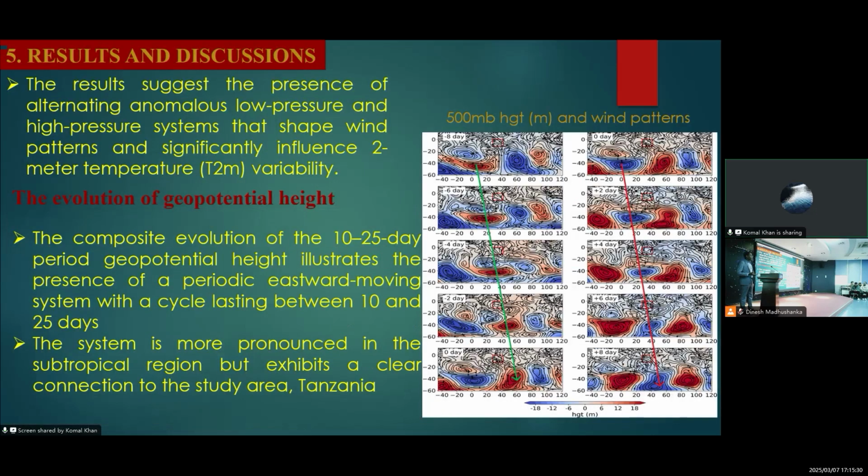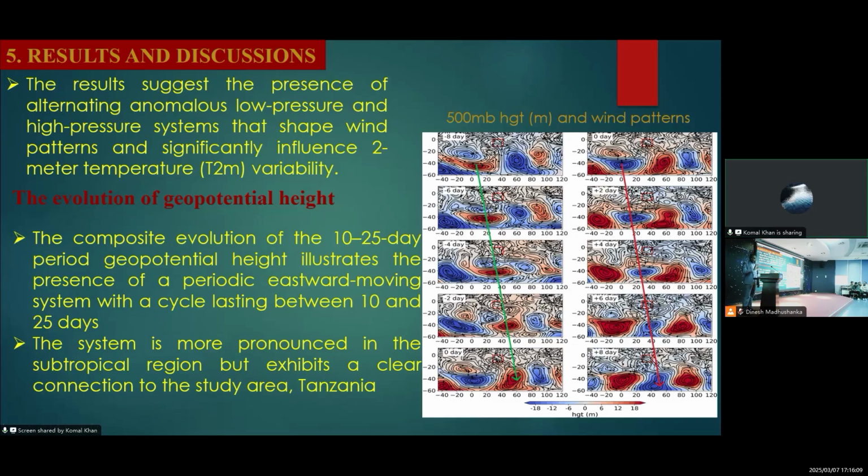Then, what is another system? We use another variable, the geopotential height, to investigate if this also has a link with what is happening over Tanzania. Now, look at the figure. We see from lag -8 to lag 0, and from lag 0 to lag +8,